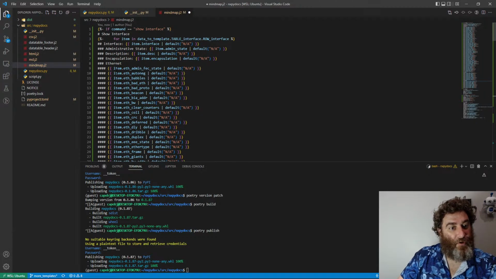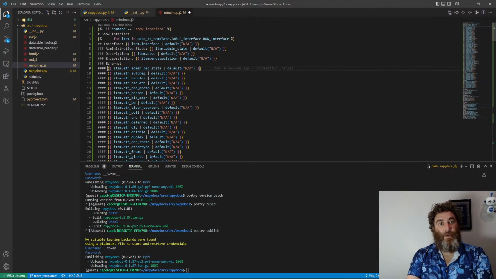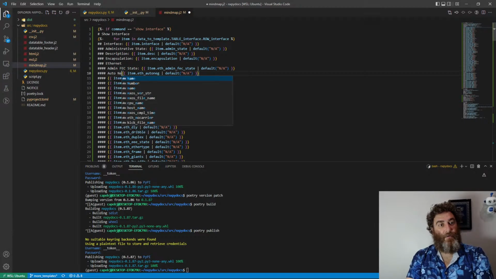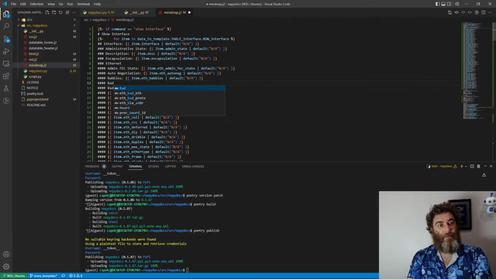and now if any of these make sense to group together, we can group them together, like these input bytes or input just in general, right? So under Ethernet, we're going to have admin FEC state, auto negotiation, vowels, bad Ethernet. So what we could do here is have Ethernet and protocols